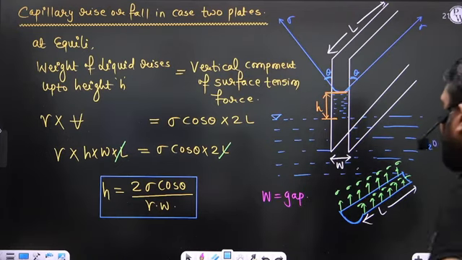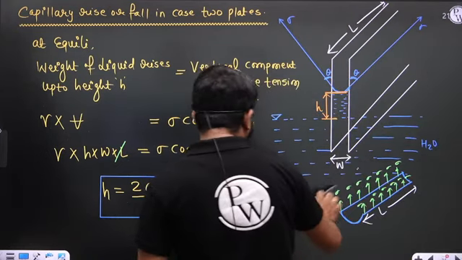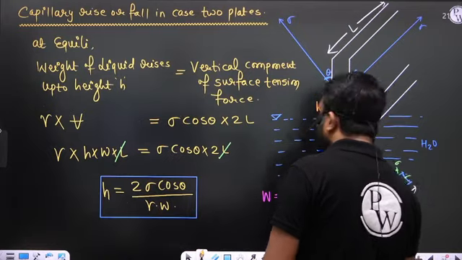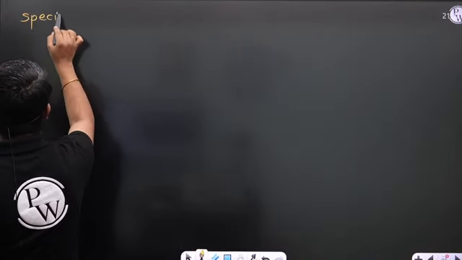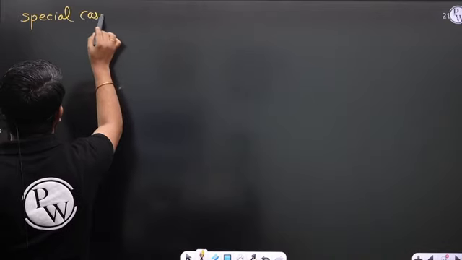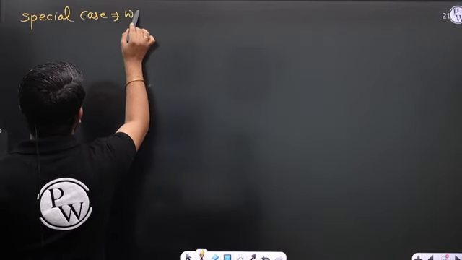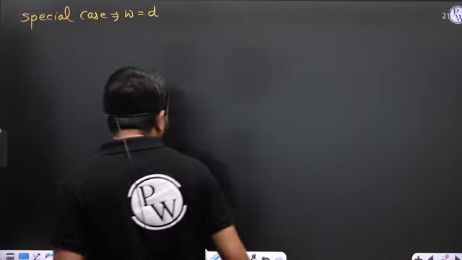Is it fine? And if we assume there is one special case, what is that special case? If W is equal to the diameter, if you compare